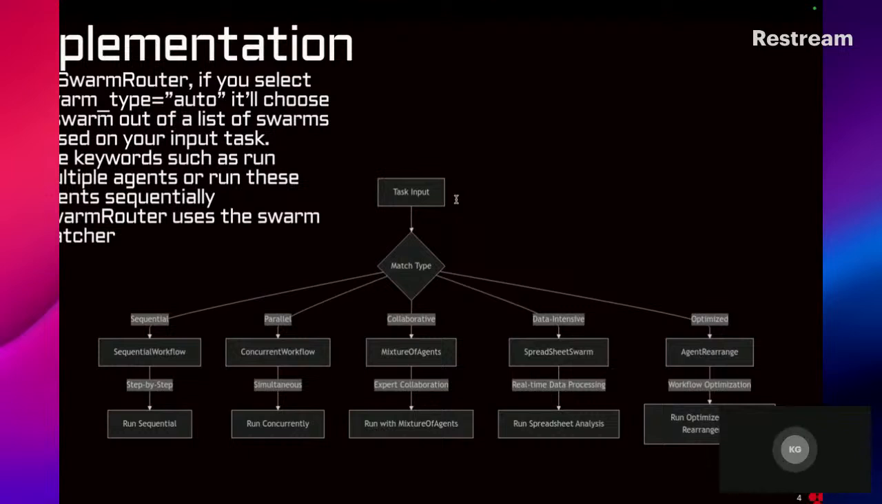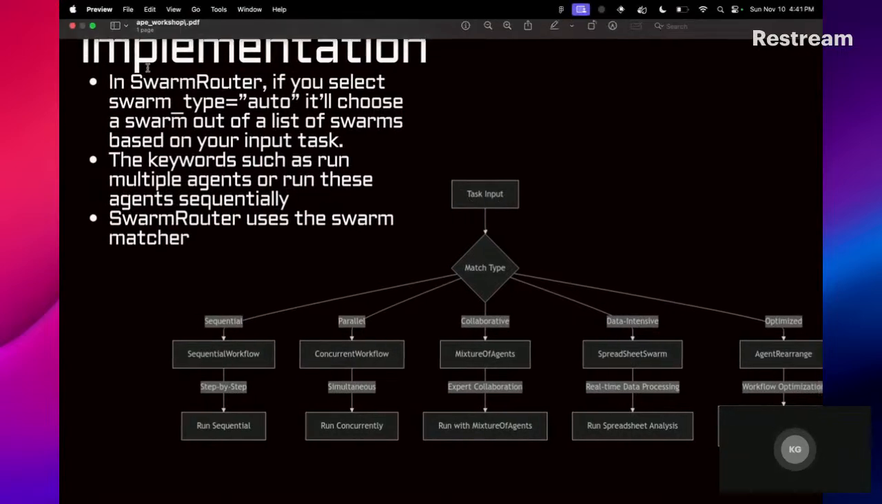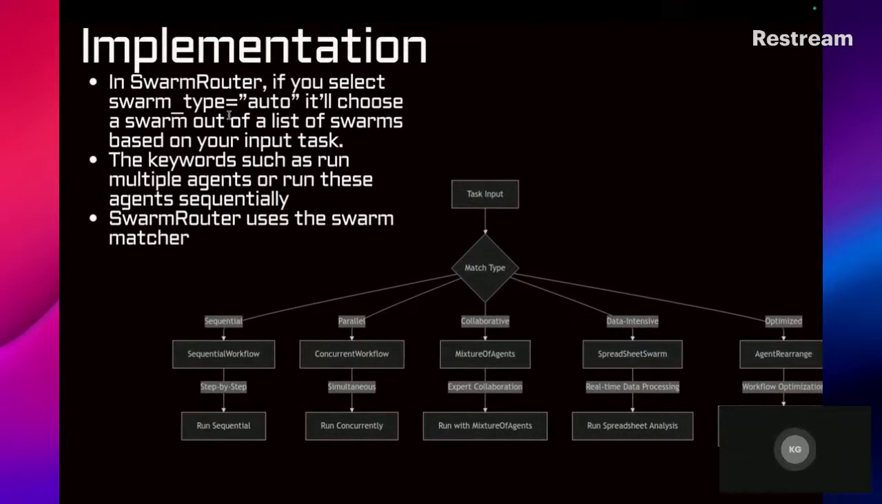So we have this feature in the swarm router class. In the swarm router, if you select swarm_type equals auto, it'll choose a swarm out of a list of swarms based off of your input task. It'll analyze keywords such as run multiple agents, run these agents sequentially. If you give it keywords like analyze these documents sequentially, multiple, concurrent,